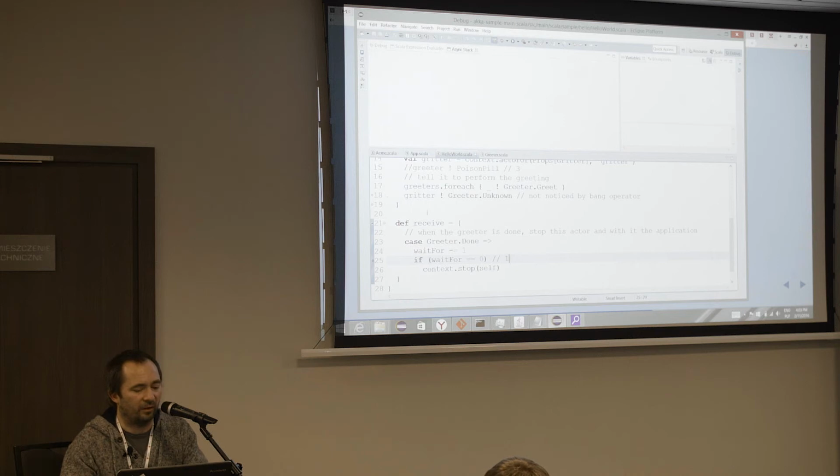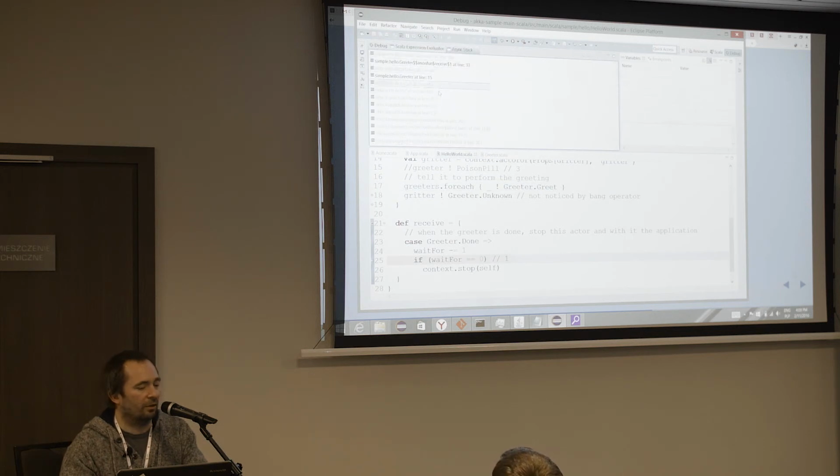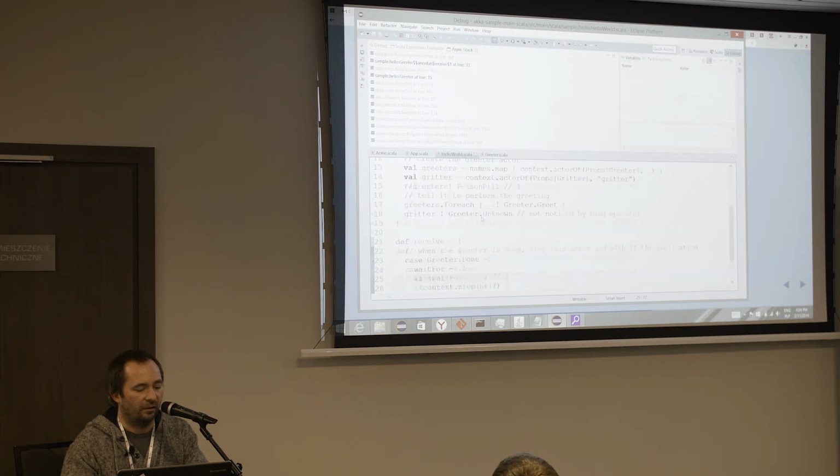But this example is about the Scala actors. Okay, now we see here, I know that this is a really tiny font, but here in the black font is the place from where this message in reality came. So we are here in the receive, and we see that hello world